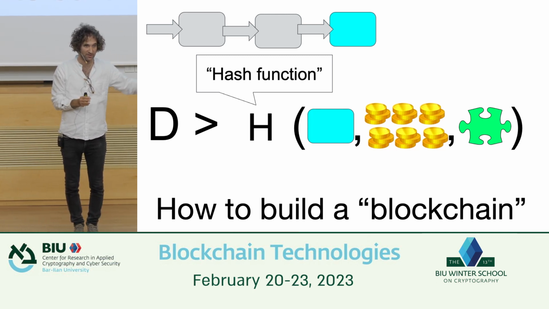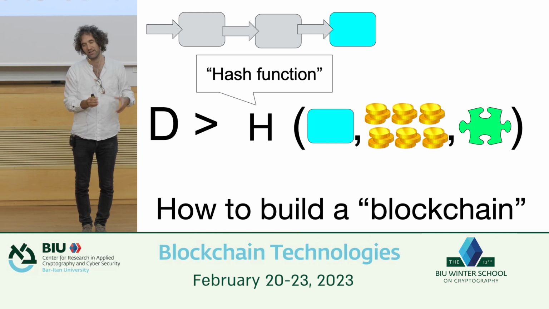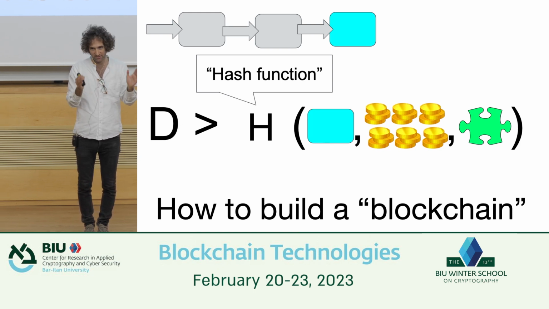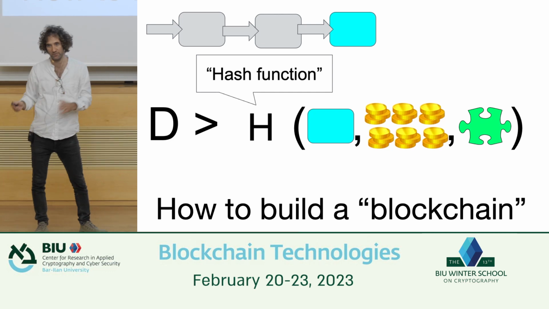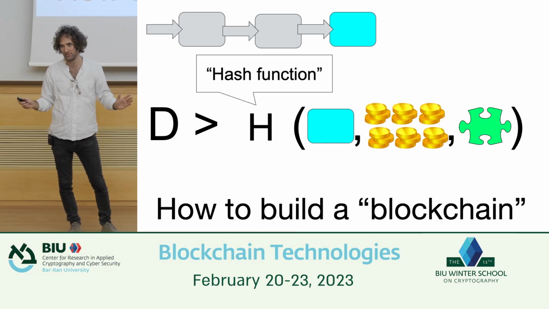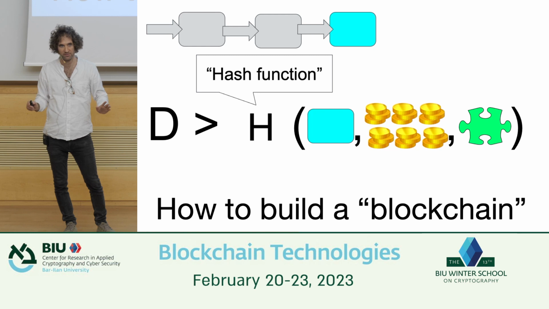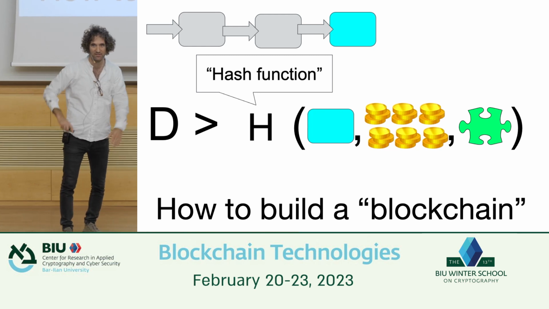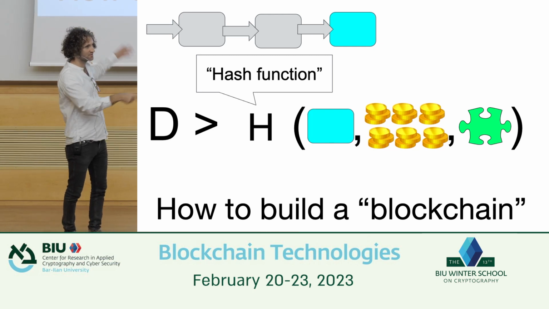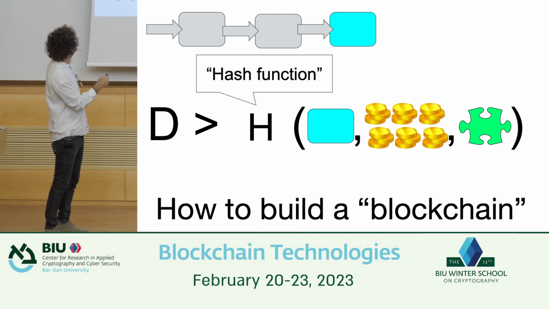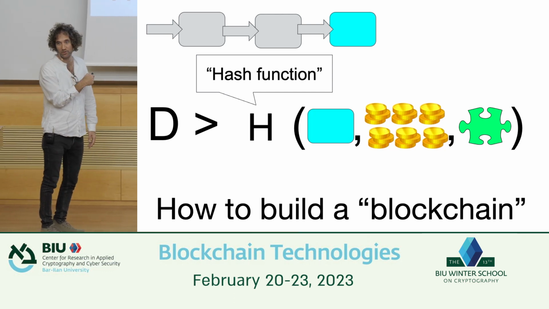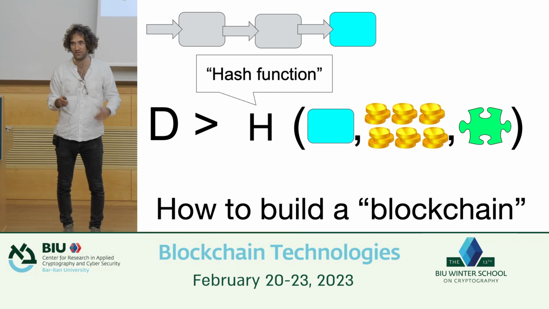So we look at the last block that's been confirmed. Okay, we're actually not going to put in the whole thing, we're going to put in a hash of it. So think of it as saying, I put in the last block, the new set of transactions, and a random string. And I hash it. That's it. Okay, that's what everybody does. Everybody wants to participate. You want to add this block? Great, just do this. Hash, hash, hash, hash, hash. Until somebody finds a hash that's going to be small. Let's say starts with 20 zeros.